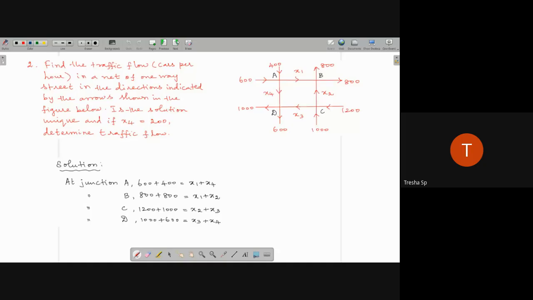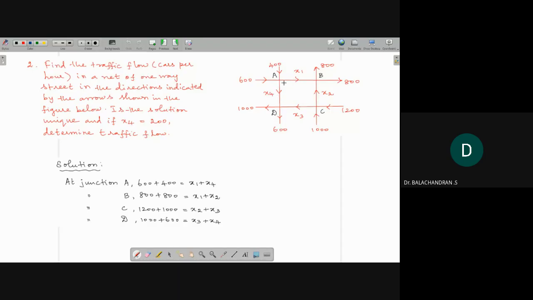Yes, sir. Okay. So please write, I think you finished. So now, using this diagram, you should write this equation. At this junction A, the idea is here, you should write 400 is towards what? A, and 600 is also towards A. That's why 600 plus 400 equals,